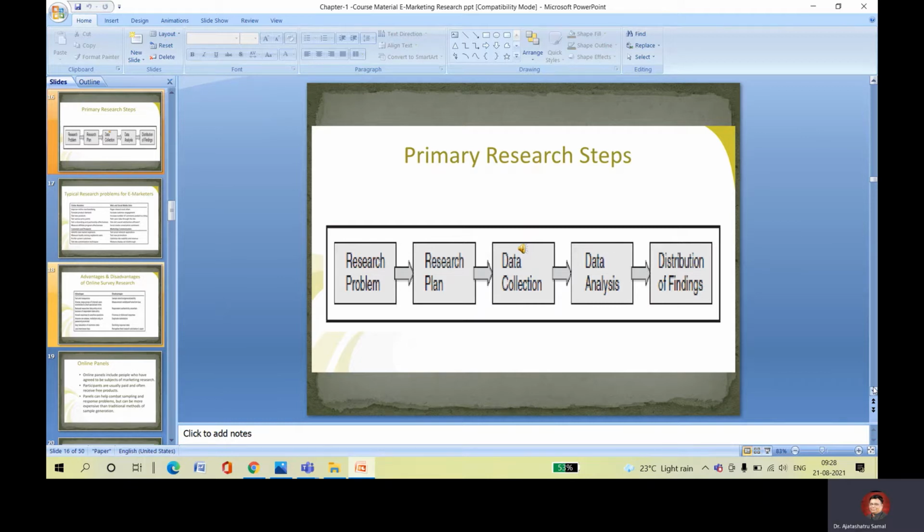Okay, we need to see whether the data is valid or not. You have to put certain hypotheses. These are the certain strategies you have to do. Whether it is a discrete research, the types of research we need to understand. Okay, these are under the research plan we need to identify.